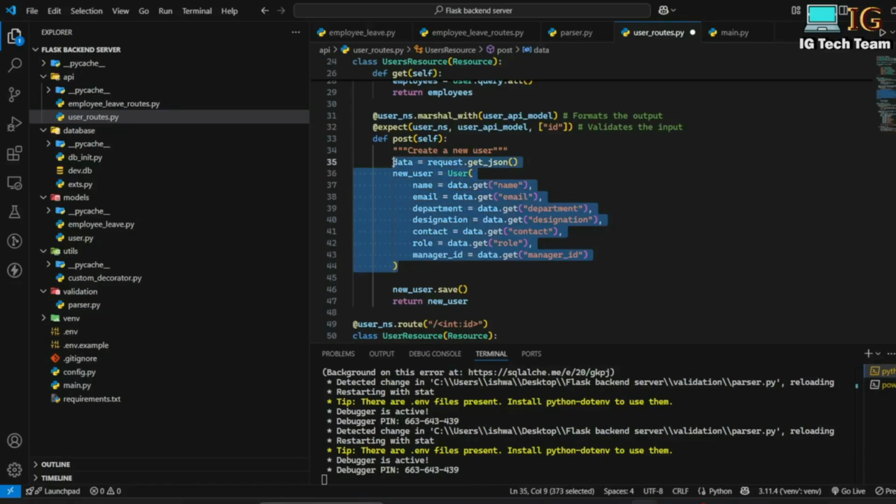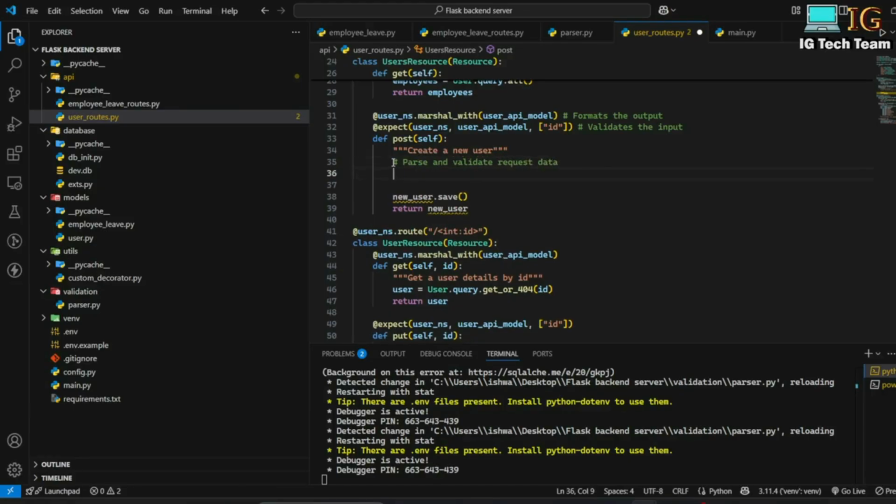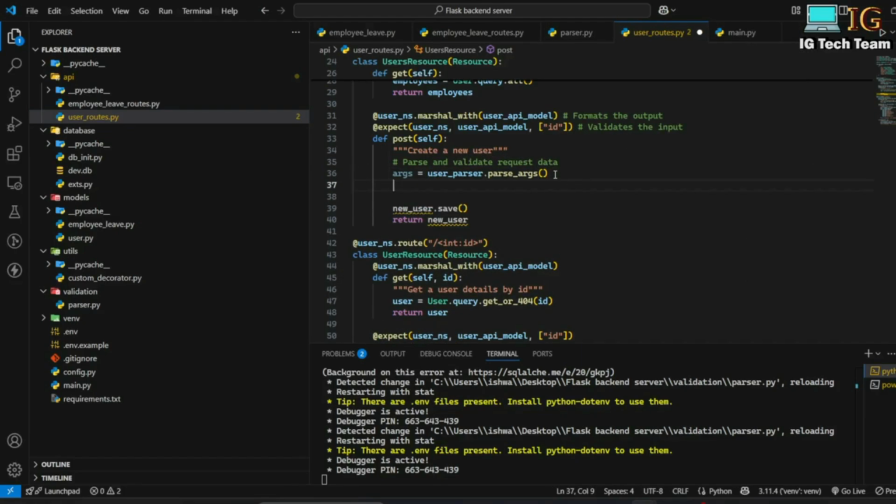So I can remove this code. Let me write a comment here: parse and validate request data. Okay. args equals user_parser.parse_args. Through this I will get every field of user, and then I can write user_data equals key value